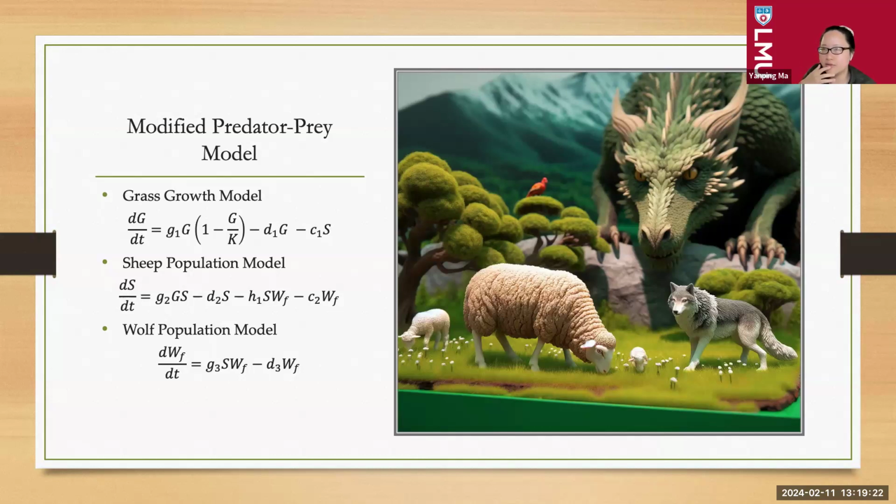In this case, for the grass growth model, you see our growth term here, right? And then we have a natural dying term of the grass. And then there's a dying term that's caused by the sheep population. And for our sheep, we have a production rate, which is affected by the number of sheep we have and the amount of grass we have. And then there's a natural dying rate, and our sheep are going to be hunted by wolves.